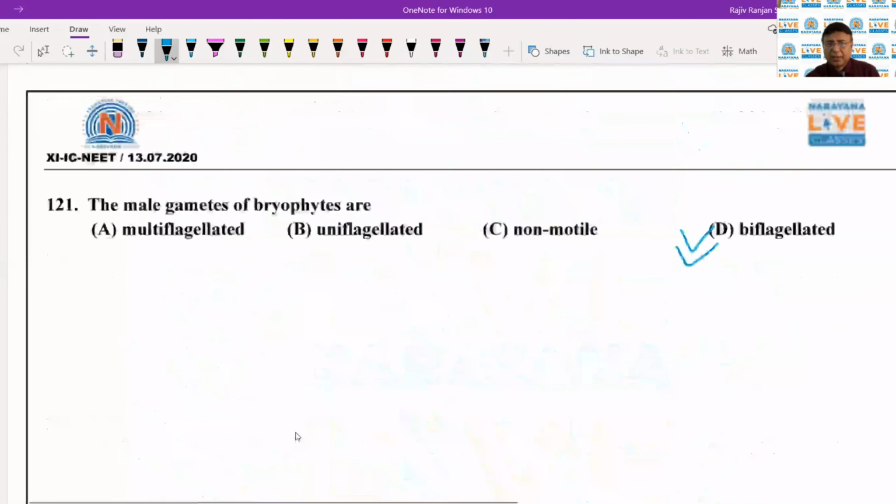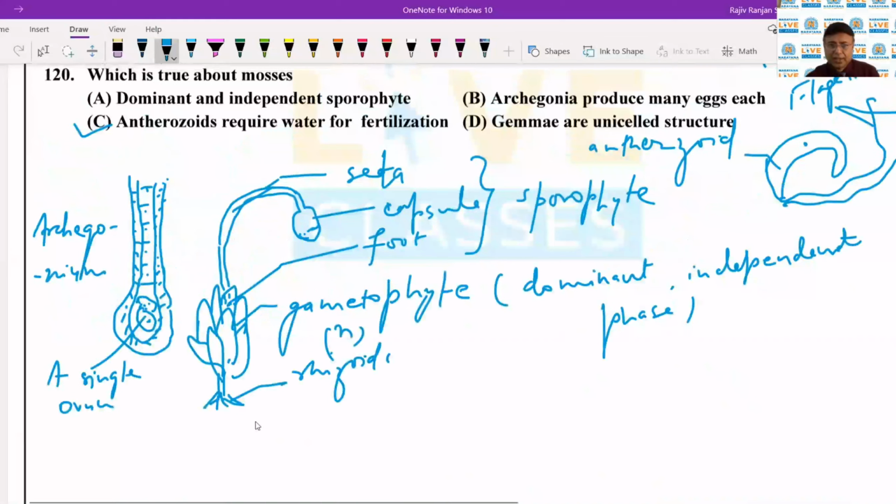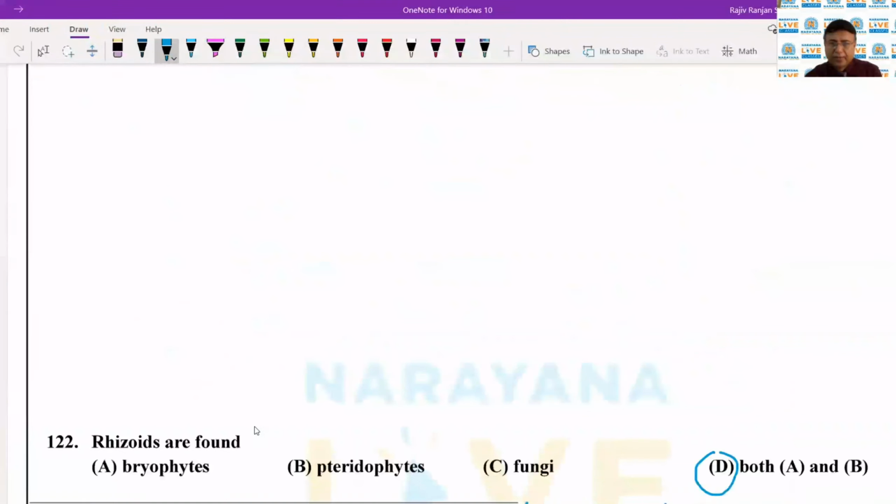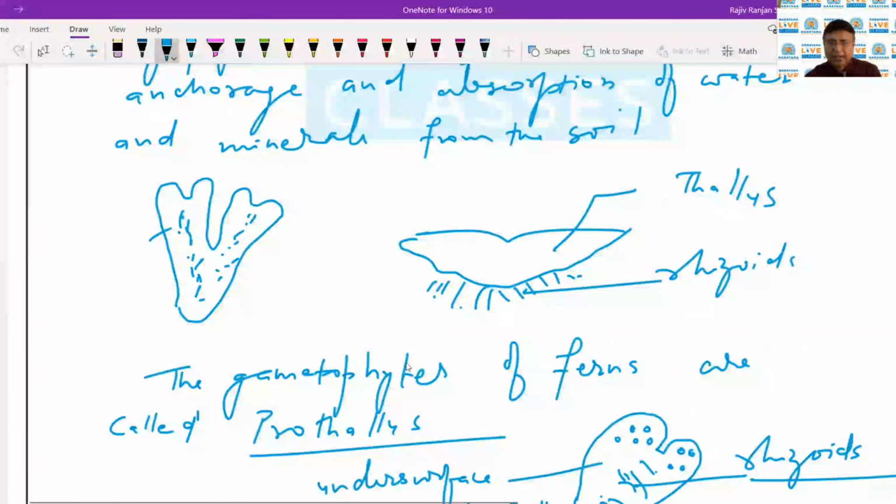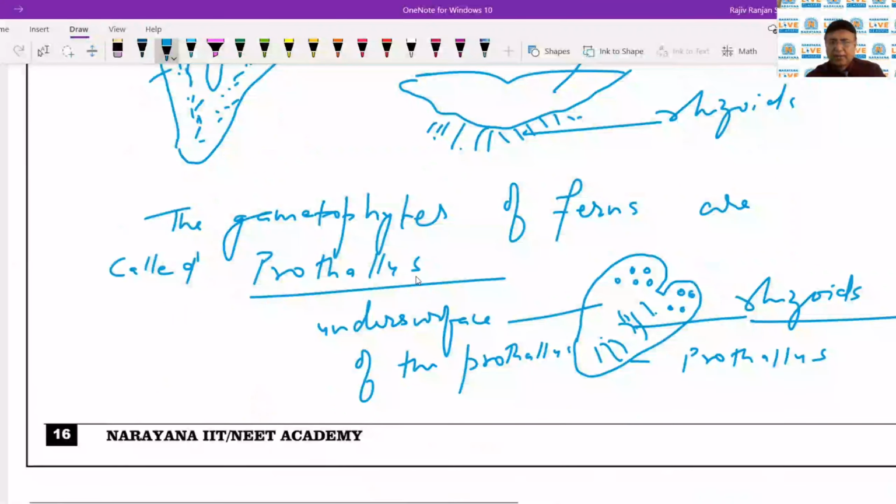अभी हमने उस फिगर को देखा, मॉस वाले फिगर को देखा कि यहाँ पे एट द बेस ऑफ द मॉस के बेस पे जो है rhizoids हैं जो उसको फिक्स करते हैं ग्राउंड पे, वो वाटर मिनरल एब्जॉर्ब करते हैं. ठीक है. और लीवर वर्ड्स में जैसा हम यहाँ पे देख रहे हैं कि द राइजोइड्स आर फाउंड, राइजोइड जो है वो निचले सरफेस पे जो है वो प्रेजेंट है, ठीक है। टेरोफाइट्स में जो गैमेटोफाइट्स होते हैं,